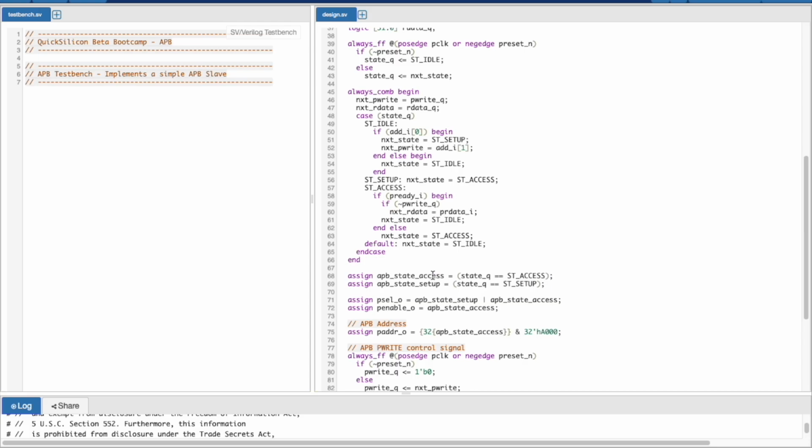So this signal is 1 whenever we are in the access state, and this signal is 1 whenever we are in the setup state. The reason why we have these two signals is just to help us while we are driving our P-cell, P-enable and P-address signal. As you see, our P-cell signal is driven using an OR operation of setup with access, because we know that our